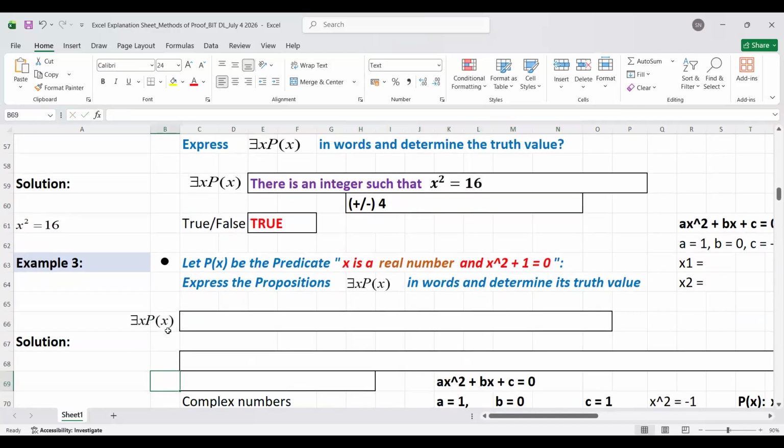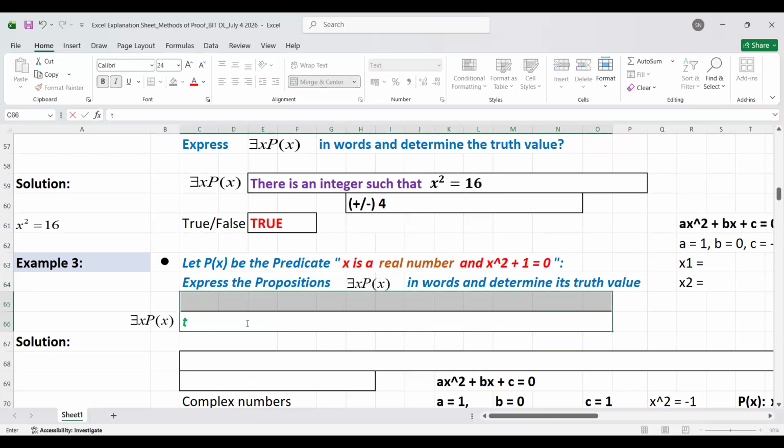Let's take one more, then we would look at negatives. This time, my predicate statement is x is a real number, and then x squared plus 1 is equal to 0. So again, who can try giving me there exists an x such that p of x in words? Okay. There is a real number. There's a real number such that